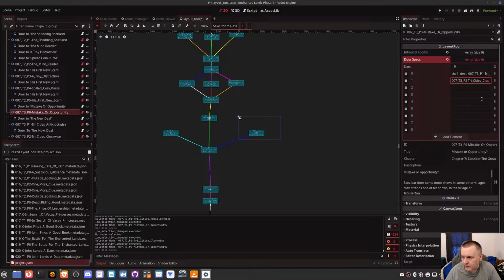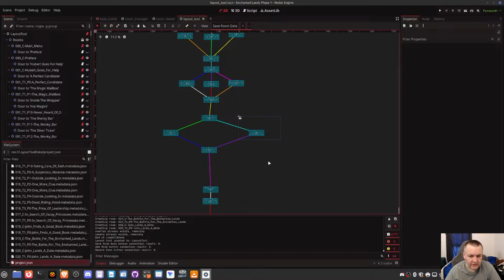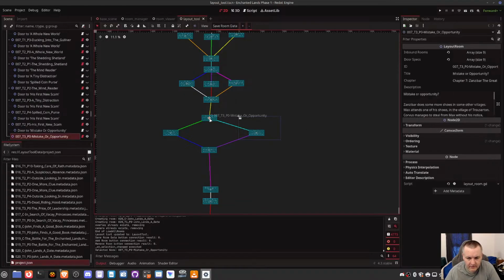And we are going to do this. ch:2, comma, dest, colon, space, semicolon, that. OS. Save room data. Scene, reload, save scene. It just changes the colors, which is fine. I want to make sure it kind of sets. Okay, so